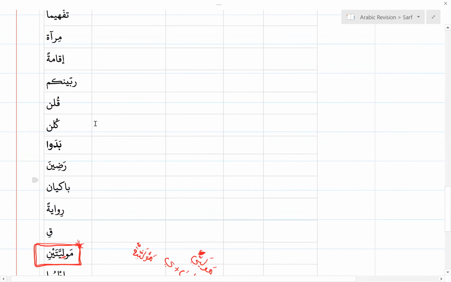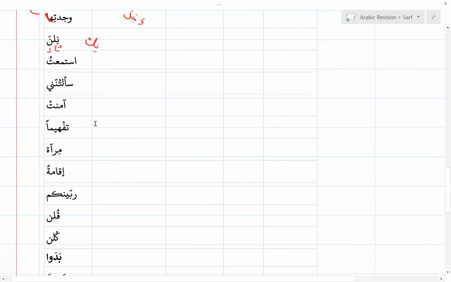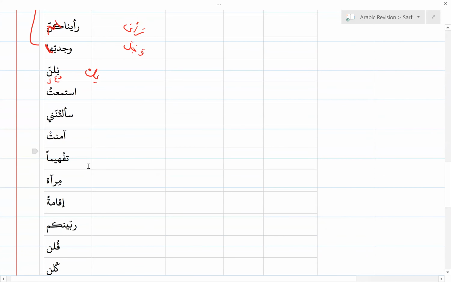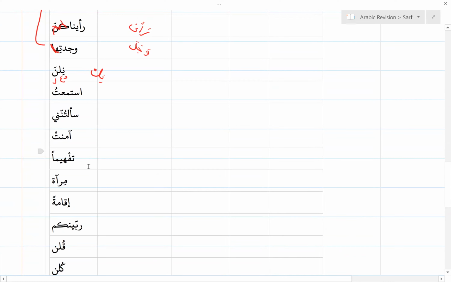Oh, tough one. Yeah, these are the words that make you sweat and you think, what? I don't know anything, but at least most of them you can see they're quite easy. Once you take it to the huwa version, get rid of all the attachments, take it to the huwa version, ask yourself, any irregularities? If not, if it's an isim, what can you match it with? And you know exactly what it is.